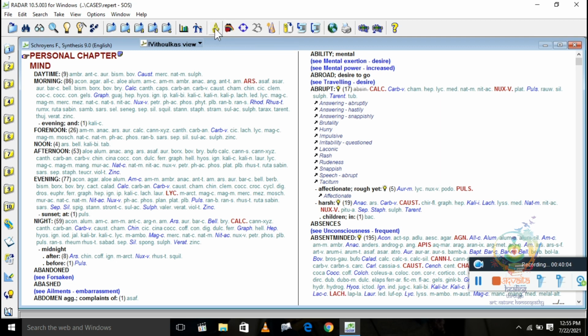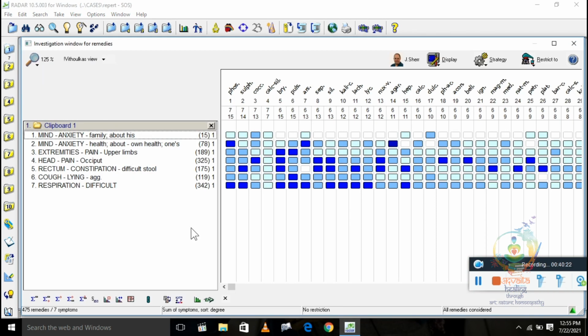I generally prefer grand generalization, first recording rubrics and arriving at a group of remedies, and then confirming according to materia medica. That is how I approach the case. Many people will repertorize the case and whatever remedy is leading, they give to the patient.